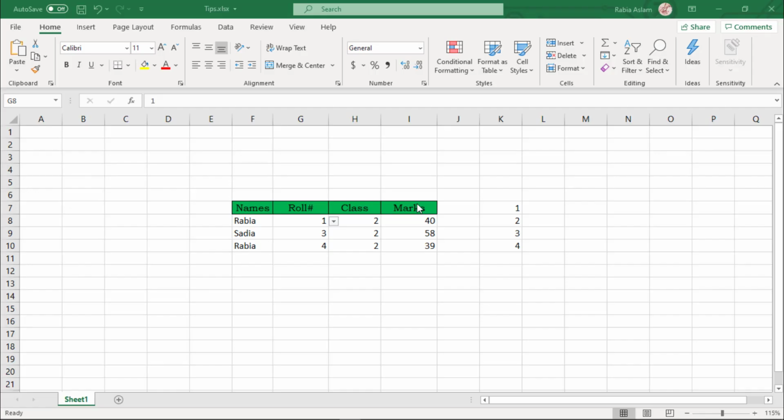Number 5 is transpose. Let's suppose you want to change the rows into columns and columns into rows. Just go to the data on which you want to apply this operation. Select all the rows and columns. Right click